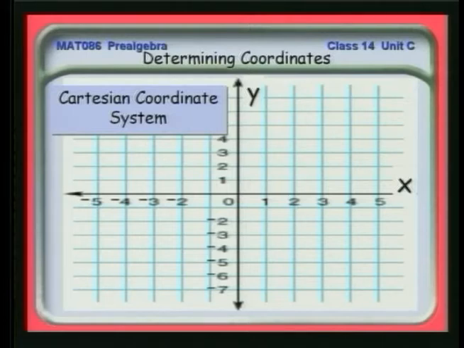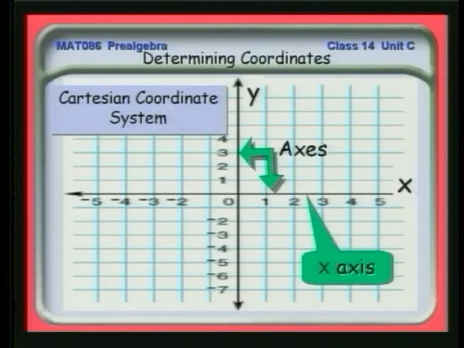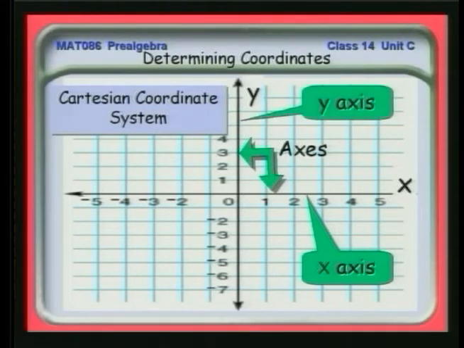First of all, you'll notice two principal lines that are horizontal and vertical, 90 degrees to each other. These are called the axes. Each individual one is called an axis. The horizontal one is called the x-axis, and you notice we've labeled it with an X. The x-axis is always horizontal. The vertical one going up and down is labeled the y-axis. And you know that there is a 0 point, a center, where this grid system starts.